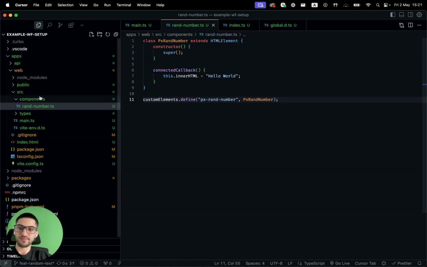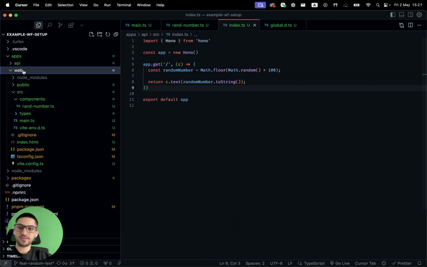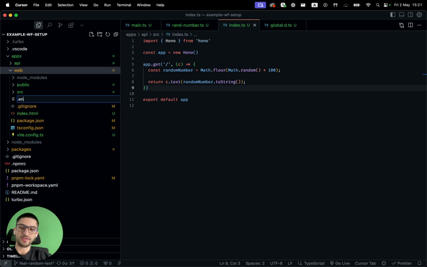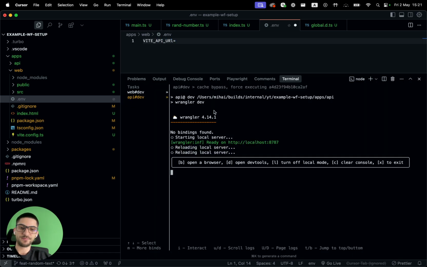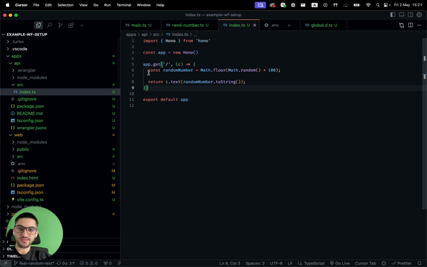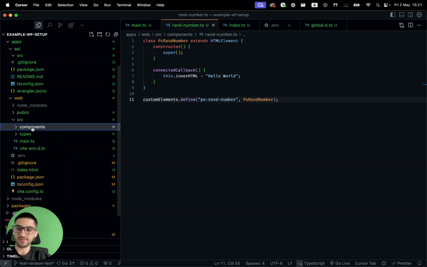Let's say that this API, actually we've already done this endpoint that returns a random number. So now if I go into web, another interesting and very useful part about Vite is that we can use environment variables. So I can do VITE_API_URL and paste this path that we have for the server. We do localhost. And then in this, actually this is the API, and we can go inside this